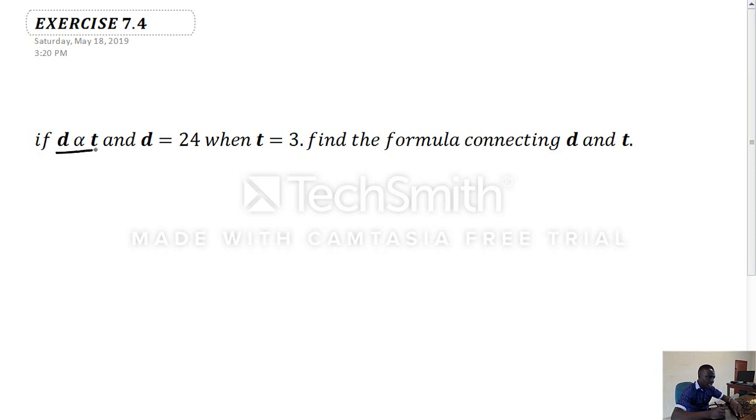So I'm going to write this in equation form: d is equal to kt, and I'm going to make k the subject of the formula. I'll divide both sides by t,